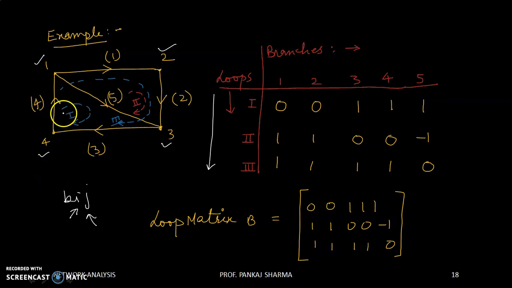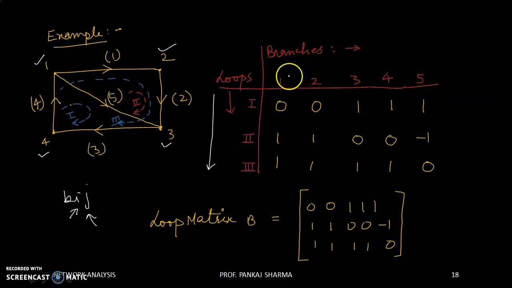So this is your loop 1 direction. It is given. And this is your loop 2, comprising nodes 1, 2, and 3. The red dotted circle is your loop 2, and loop 3 comprises the whole graph, 1, 2, 3 and 4. This is your orientation of loop 3.